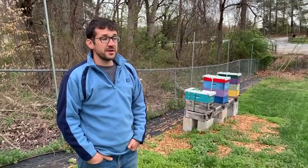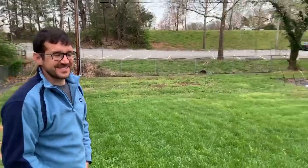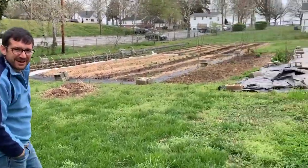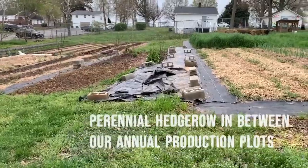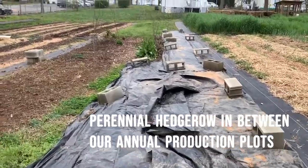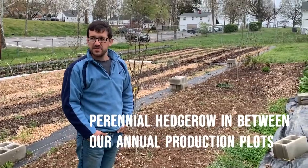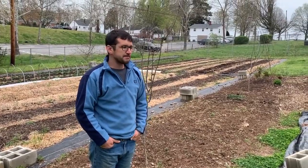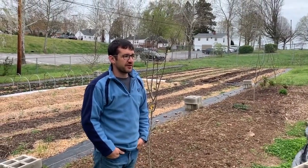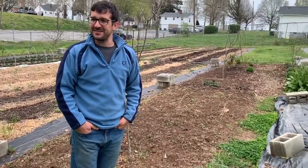It's really important. So planting habitat, what we're working on, it's not real pretty, but we're working on it, is a perennial hedgerow in between our annual production plots. Our hope is that this perennial hedgerow will provide early pollen sources and early nectar sources for the bees, as well as habitat for beneficial insects like ladybugs and parasitic wasps. We don't spray any of our crops with herbicides or pesticides. What we depend upon are beneficial insects that